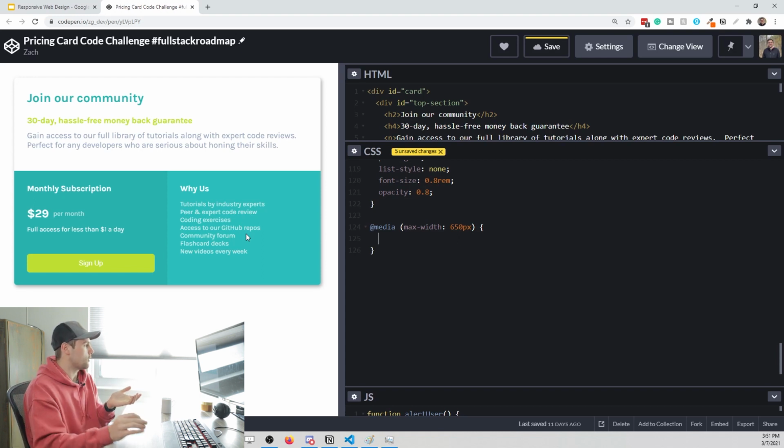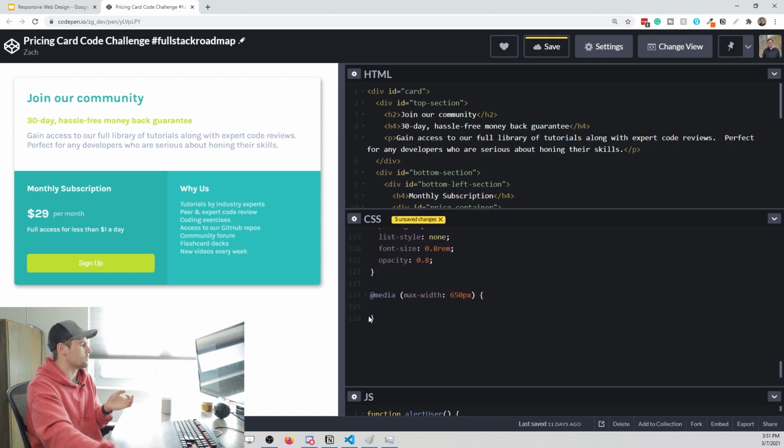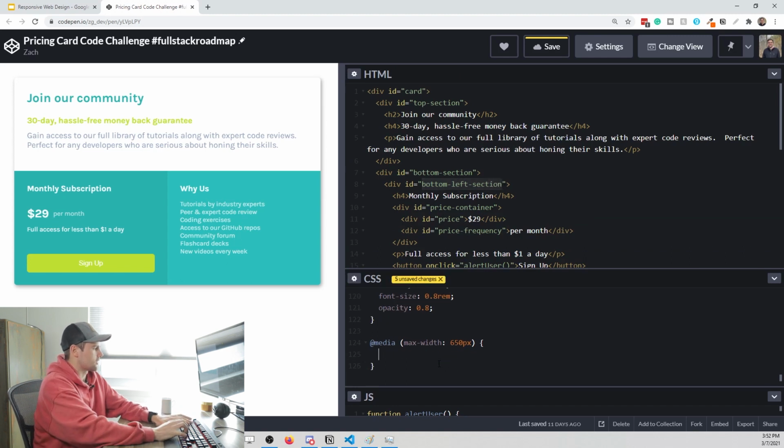So I believe all we have to do, if I'm thinking about this correctly, is target those two and give them a 100% width when the screen is less than 650 pixels. So the IDs for this would be bottom left section. So let's grab that, throw it in our media query,